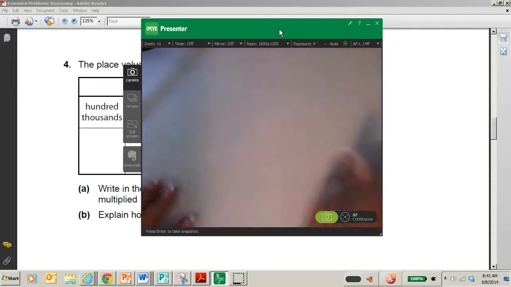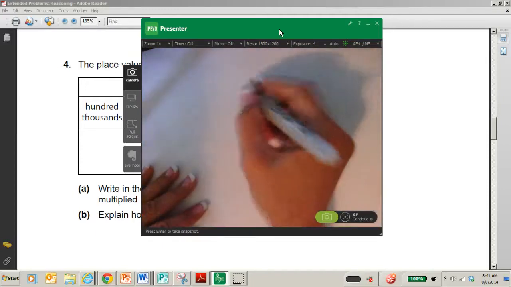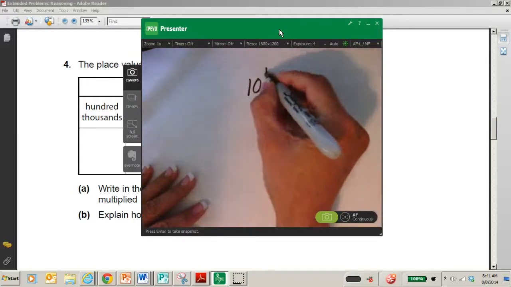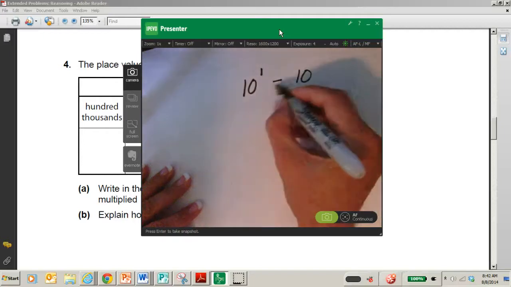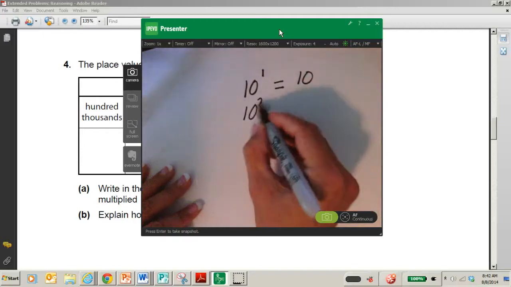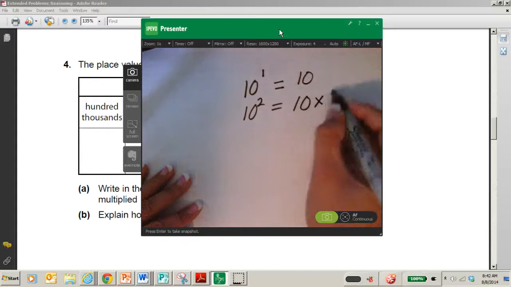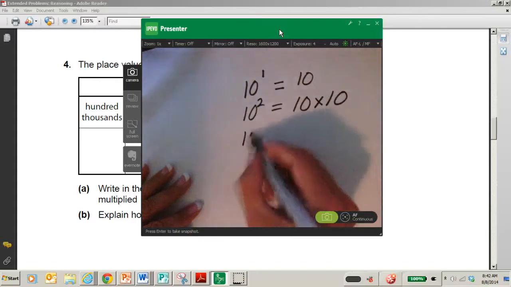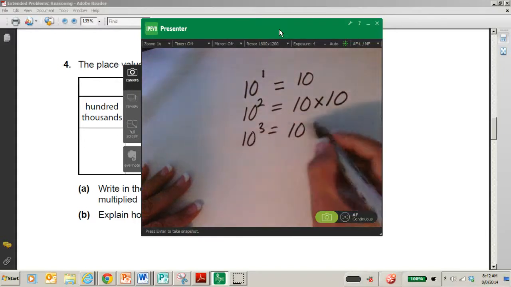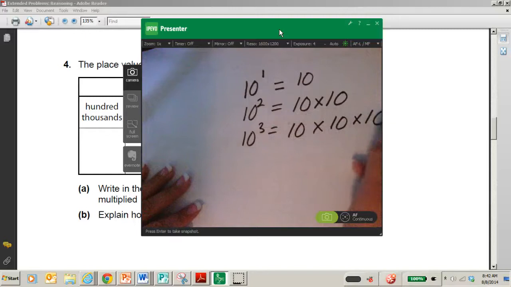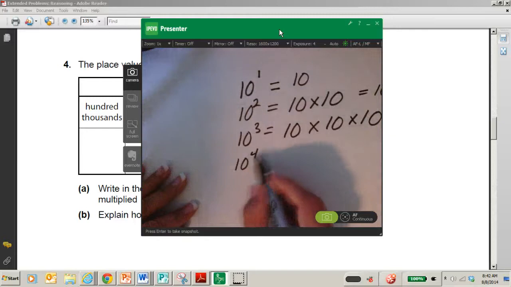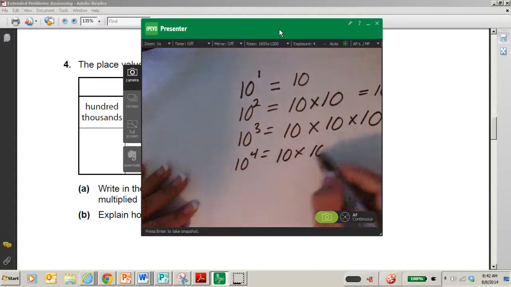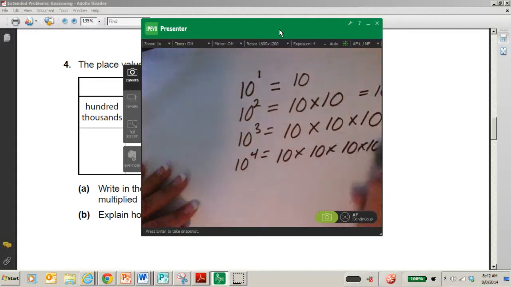And I am going to show you, if we have 10 to the first power, that means we have 10 one time, so it equals 10. If we have 10 to the second power, that means we have 10 times 10. If we have 10 to the third power, we would have 10 times 10 times 10. So this would equal 100. This would equal 1,000. And 10 to the fourth would be 10 times 10 times 10 times 10, or